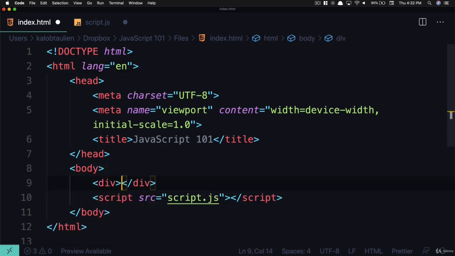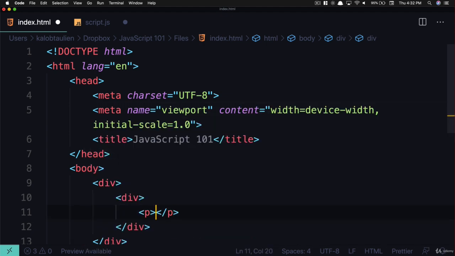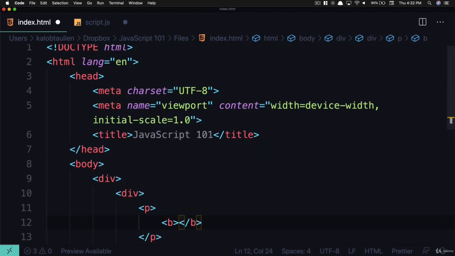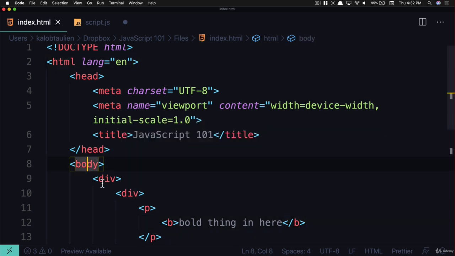So if we're writing regular HTML, we could have a div, paragraph, and a bold thing in here. And this is going to create our tree for us. It's got HTML, body, div, p, bold. So this is an okay example, but what I'm going to try to do is look up an image for